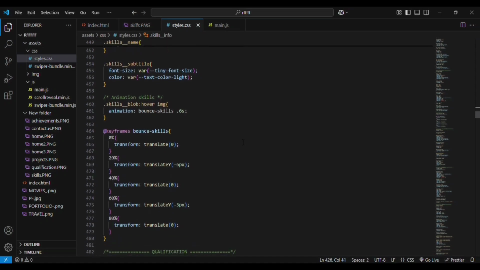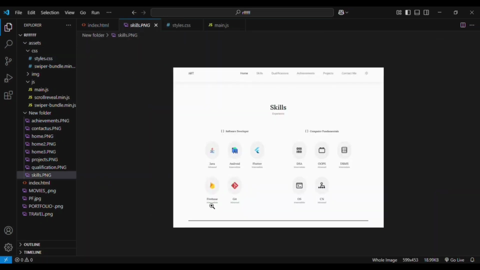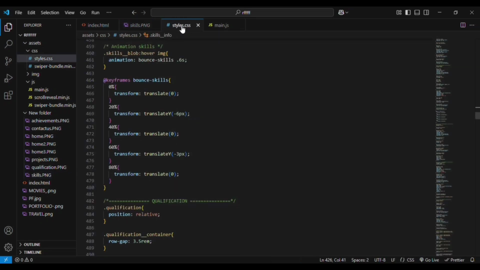Then we have an animation for skills, that is whenever you hover onto it. Whenever you hover onto this, it bounces up and down. That is, it will move up and down with a small gesture. For that we are using keyframes. You can see